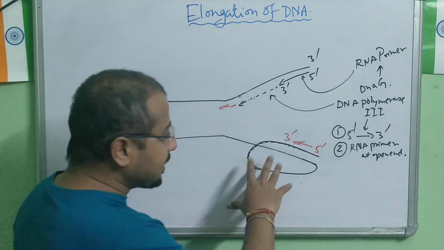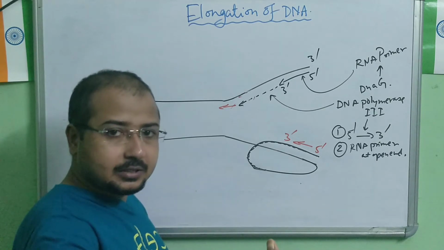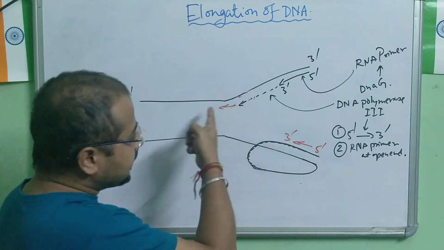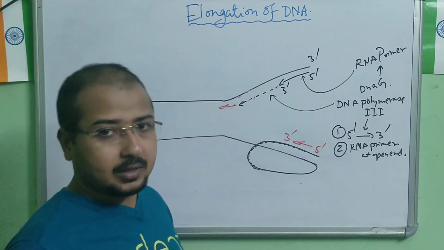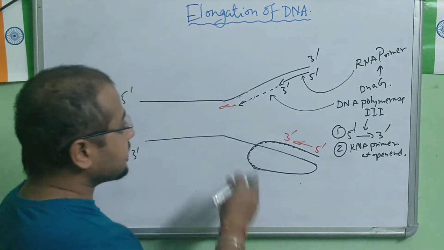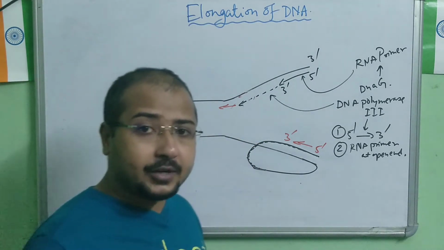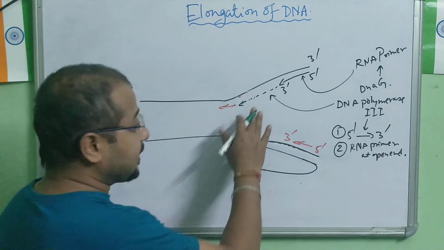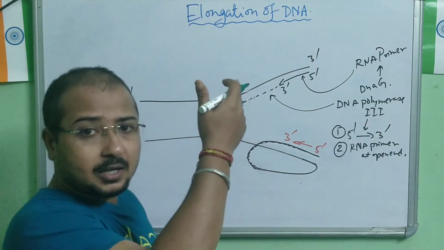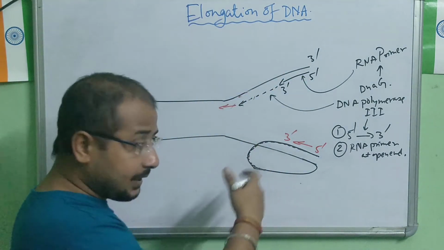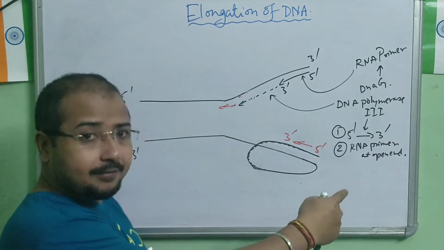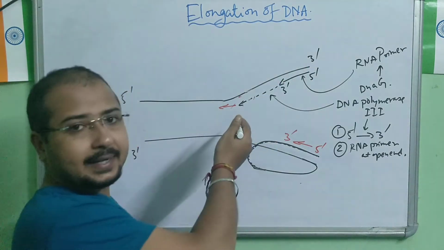Understood? And by the time it waits to get sufficient length to form a loop, this strand will start forming its new DNA. So in the case of replication of DNA, this strand is moving ahead. It has already started forming the new DNA while the other strand is waiting to get a sufficient length to make a fold. So this is moving ahead in the replication process.